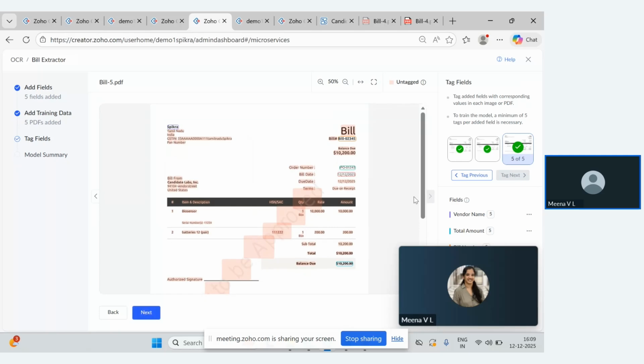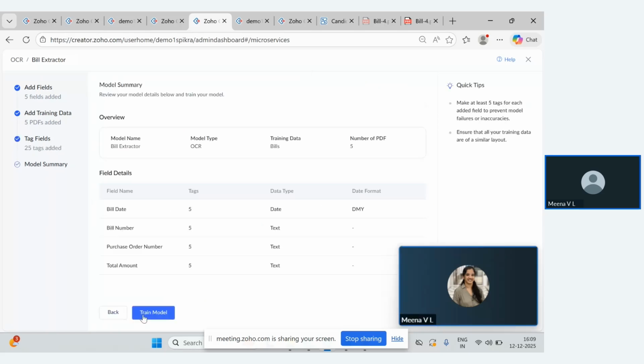So we have tagged the fields that we want to extract from the document, and then we are proceeding with next, right?